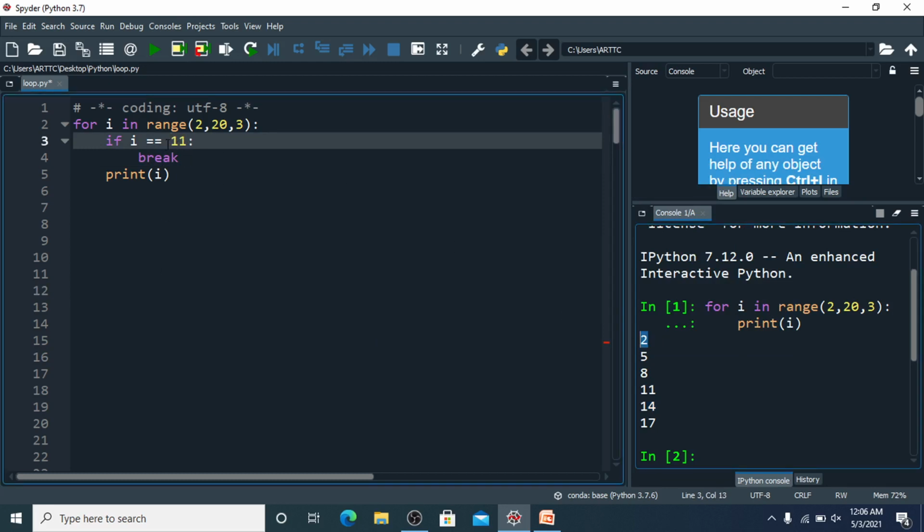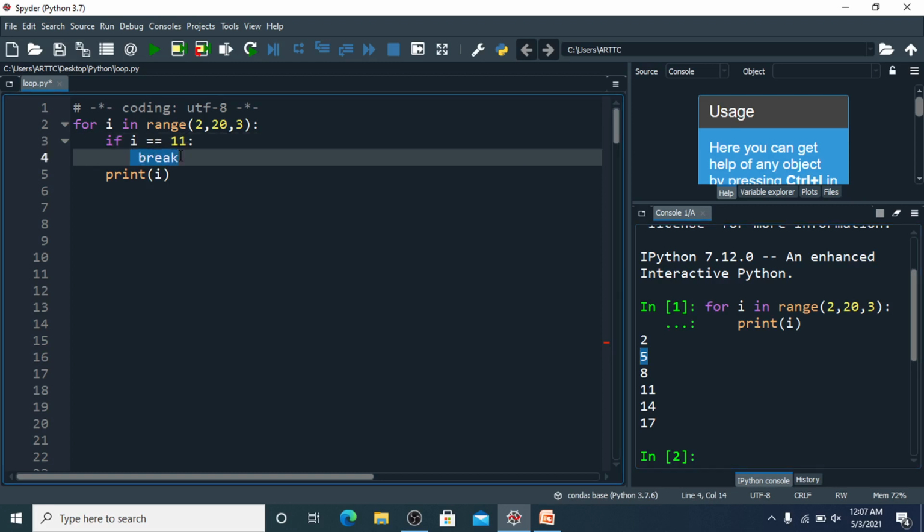It will check 2 is not equal to 11, then it will print 2. In the second iteration, it will check 5. In the third iteration, it will check 8. In the fourth iteration, it will check 11. So i double equal to 11 will return true, and this break will be executed, and it will come out of the for loop,